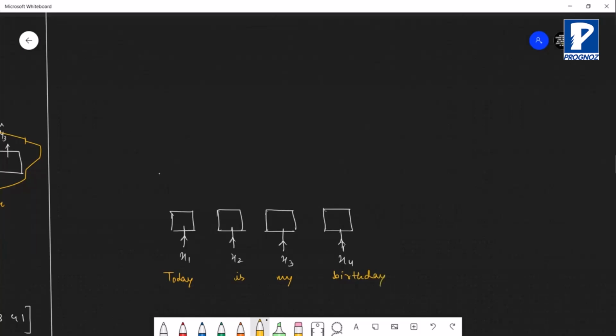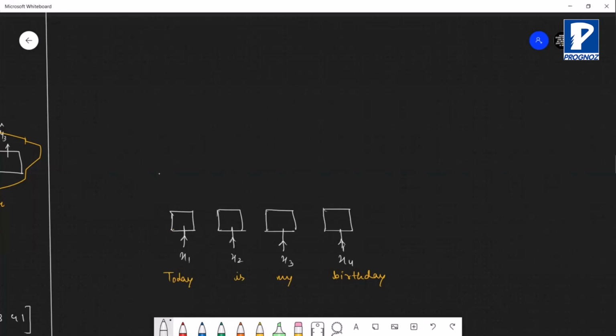We convert this text to numbers by using TF-IDF, and then x1, x2, x3, x4 are passed as input. This is the encoder section, so obviously output will not come. This is something which happens in case of encoders and decoders.